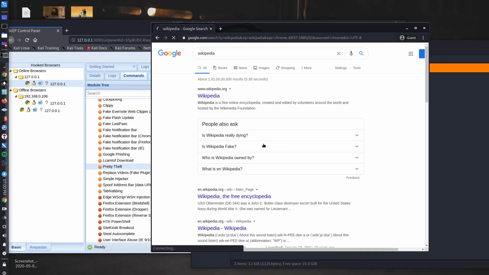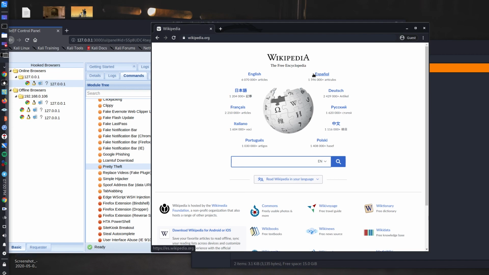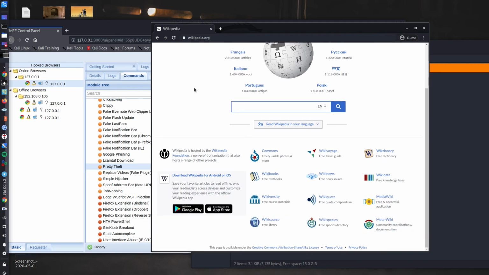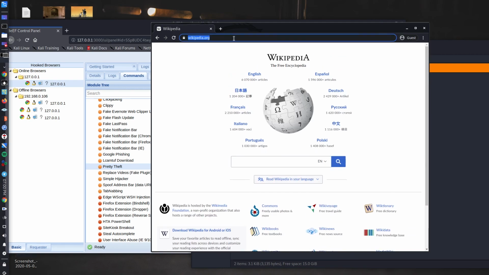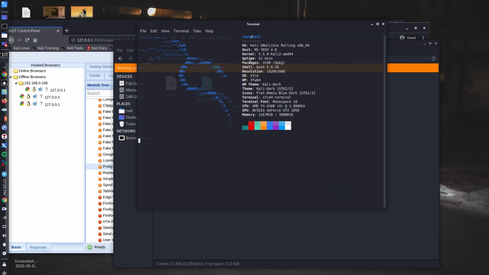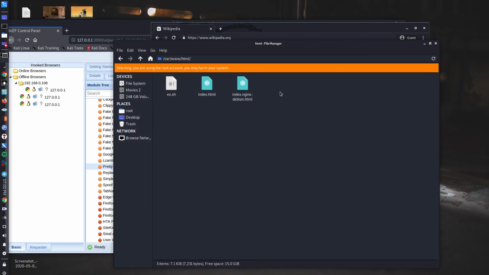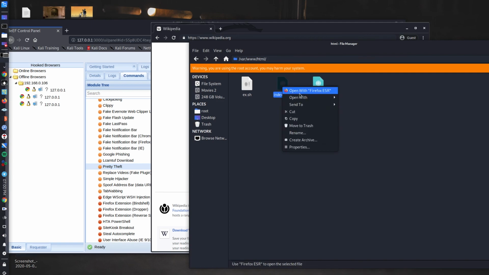This is the Wikipedia page, and we're going to save it. Copy the address, open a terminal, run wget, and paste the whole address. There you go, index.html saved. So this is a new index.html.